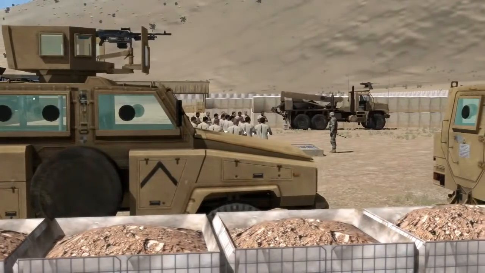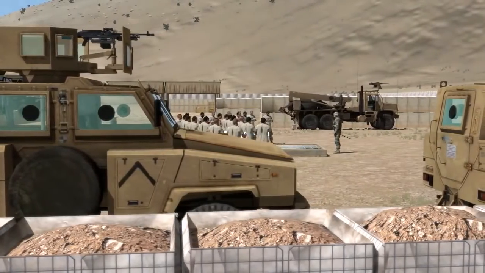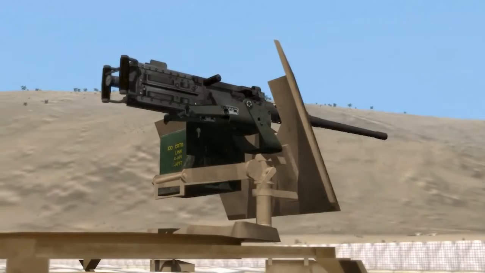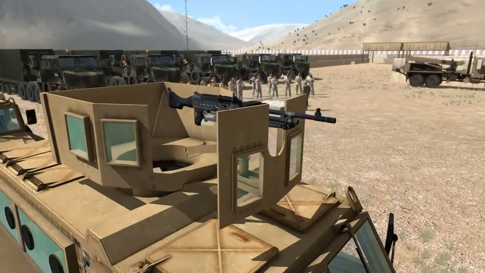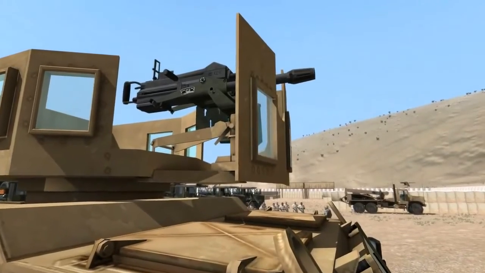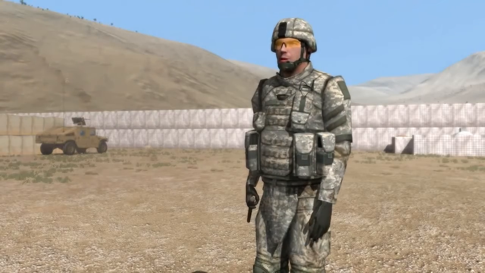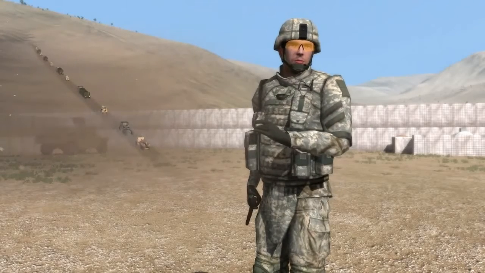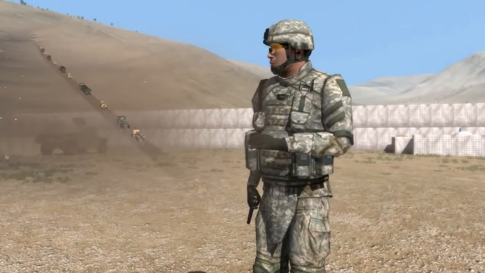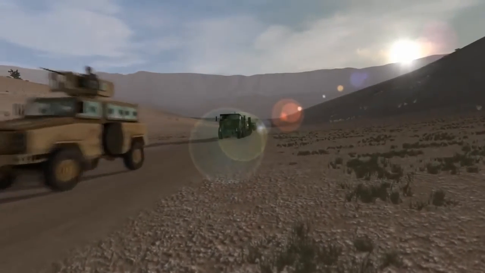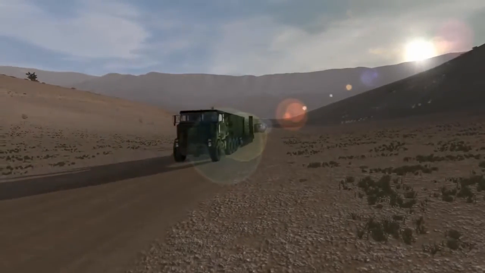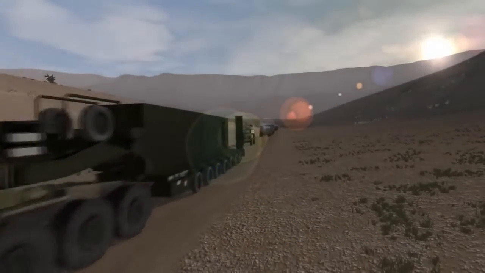We're going to do this with 6 MRAPs, 5 HETs, and 1 wrecker. We also have 3 M2s with 1 on our wrecker, 2 M240 Bravos, and 2 Mark 19s. We're going to have 8 20-foot containers of Class 9, so one of our HETs will be used as a bobtail. Based on MET-TC and mission variables, order of march will be MRAP with M2, a HET, MRAP with Mark